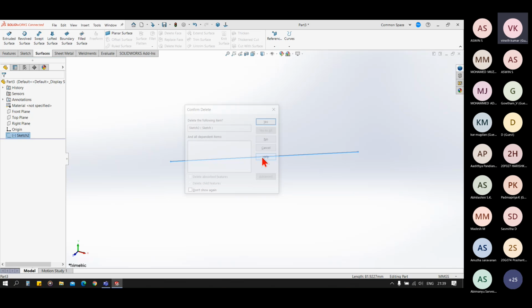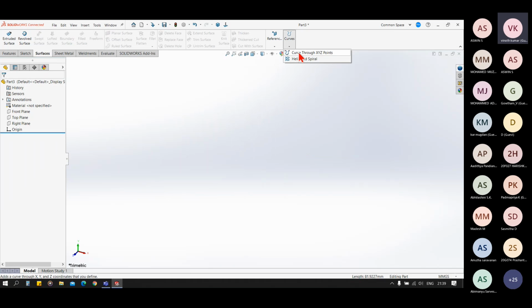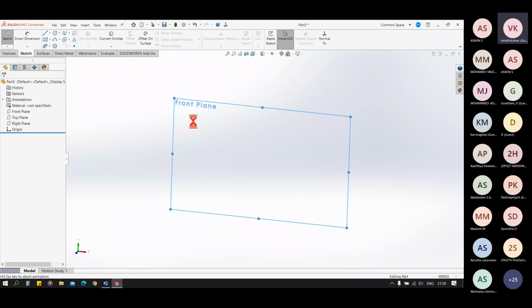We already have seen the split line. Now let's see the second type in that.